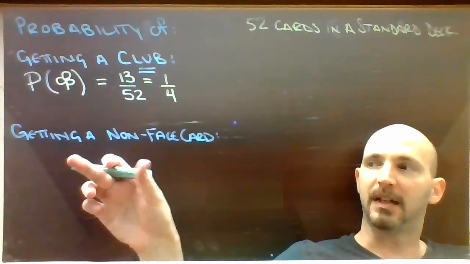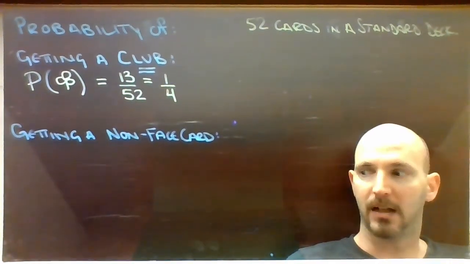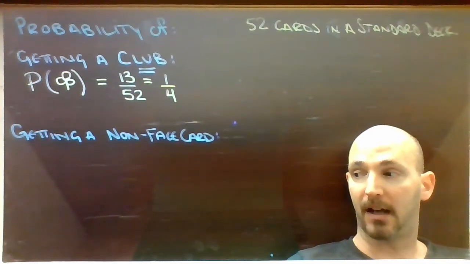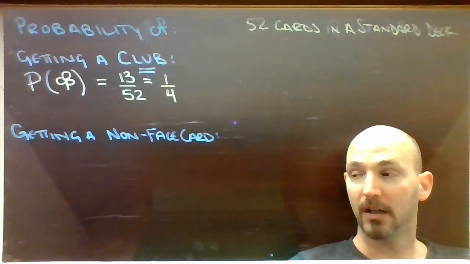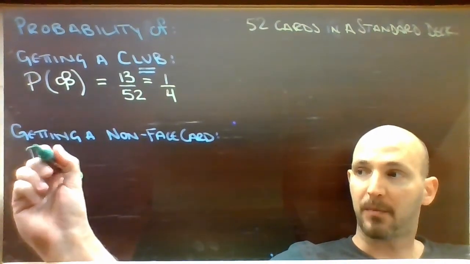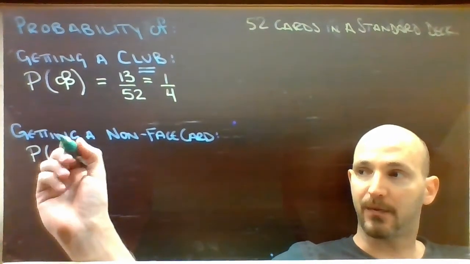Now the next one here, getting a non-face card. We could get into a fight whether an ace counts as a face card or not, and if you say that it is, you're wrong, because you will not find a face on an ace card. So if we go and look, the probability of not a face